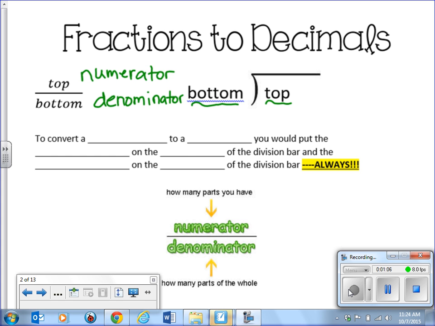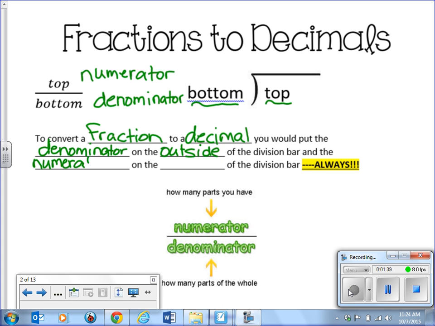Now, to convert a fraction to a decimal, you would put the denominator on the outside of the division symbol and the numerator on the inside